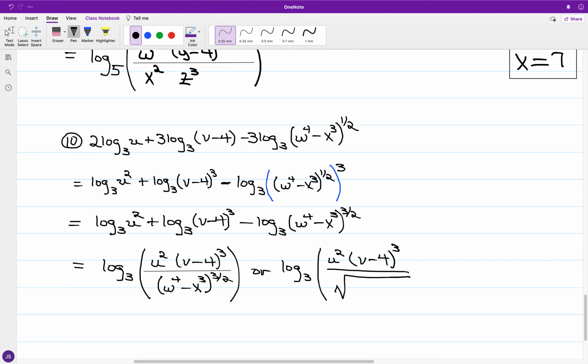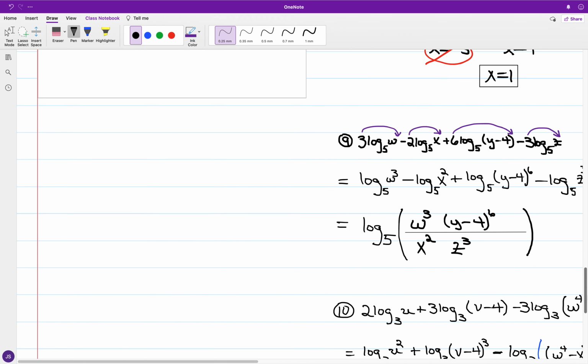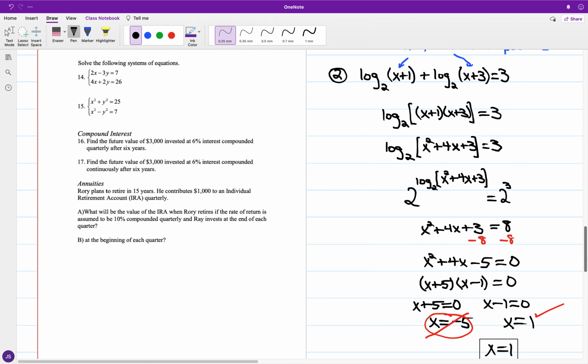So the 2 dictates the type of radical. In this case, we'll have a square root, and it'll be the square root of w to the 4th minus x cubed, quantity to the 3rd power. But again, the version with the non-integer exponent will suffice. All right, now looking at what we have still from the page,